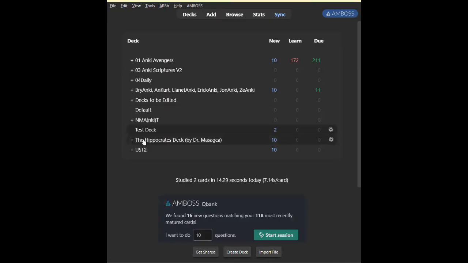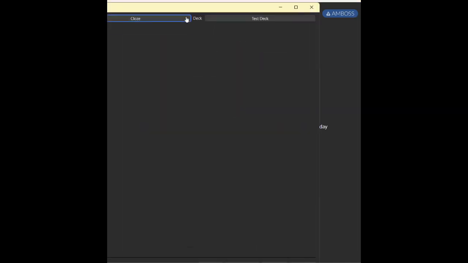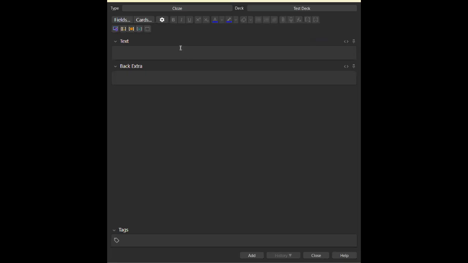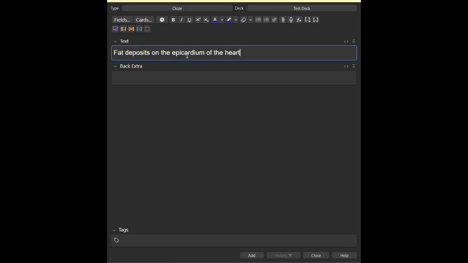Now, you might have seen a while ago that you could add context. There was this thing called back extra. So let's add that card. So how about this? Fat deposits on the pericardium of the heart. There we go. Now, we can think ahead already.